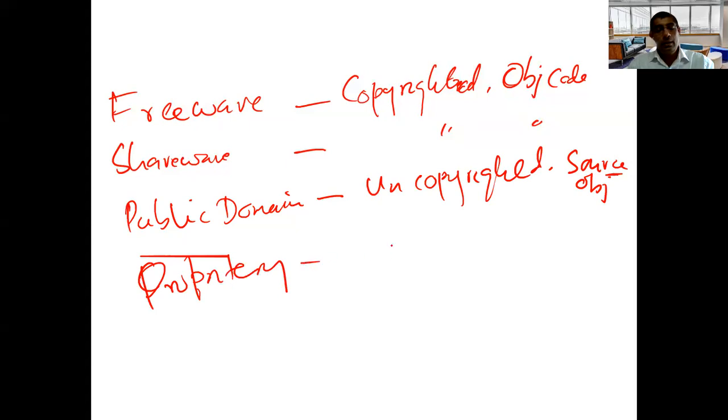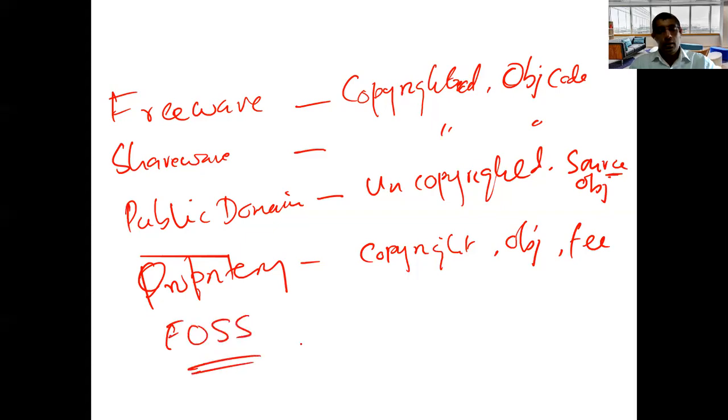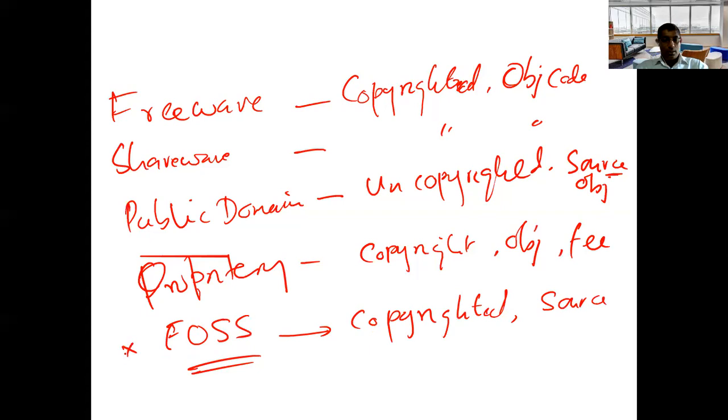That is any vendor, like Adobe, Microsoft, right? They are copyrighted, and also object code and for a fee. And then next I said there is free and open source software. Here I would say they are also copyrighted, because this is another mistake a lot of people make. And here we have source code, because this is free and open source software. So today I'm going to discuss the last part of that discussion that we tried to finish